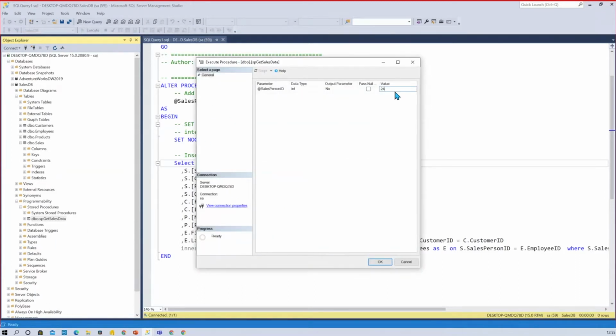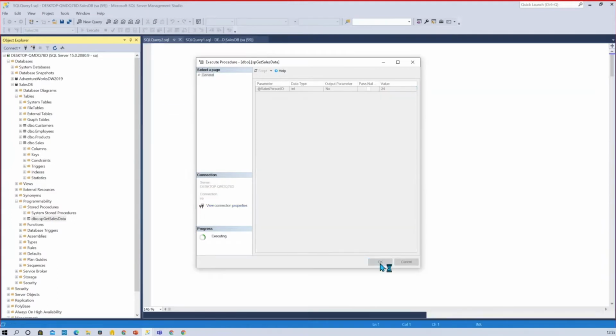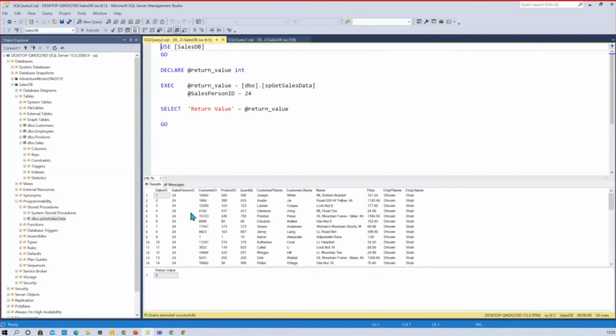So let's say I'm passing one parameter over here and clicking on OK. What happened here is it will show the sales data for the salesperson ID 24. The name of person ID 24 is Dhruvin. So the employee name is Dhruvin, and he has this many customers, and those customers have purchased this many